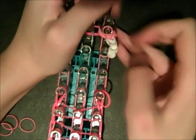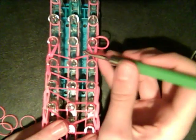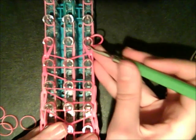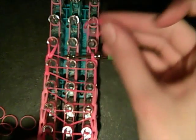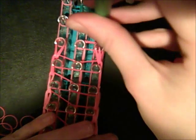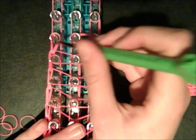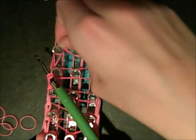And I bet there are a couple of you yelling at me in the comments or my email that I forgot about this little extra rubber band here, but I did not. So what you're going to do with this extra rubber band is lift up the top 2 rubber bands here, hold them on your hook. Now double loop this band, make a cap band, and place it from the middle peg to the right peg. Then put these 2 rubber bands back, like that, and take off the top 2 rubber bands on the right. And we're just going to move this over so it covers 1, 2, 3 pegs. And place these 2 back,